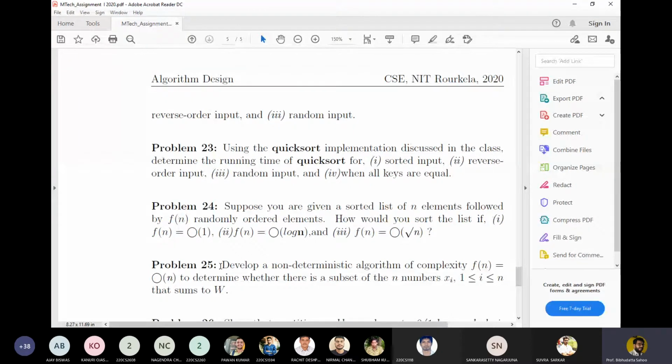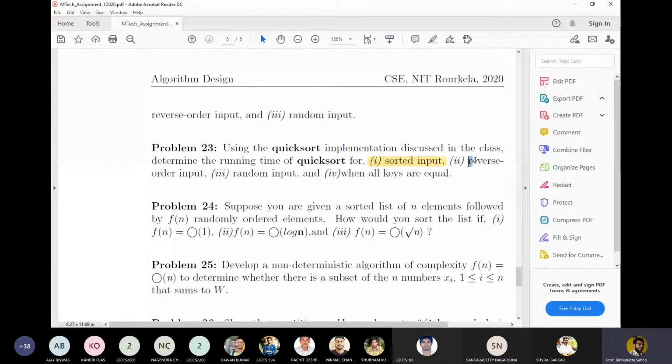Now here you must decide on a quicksort algorithm. Let us say my quicksort algorithm is a deterministic algorithm that selects the first element as the pivot. So when I'm selecting the first element as the pivot, if I'm looking into case number 1, a sorted input lands me in the worst case.